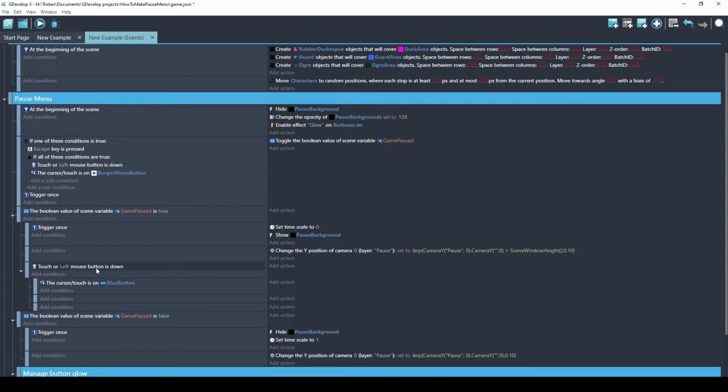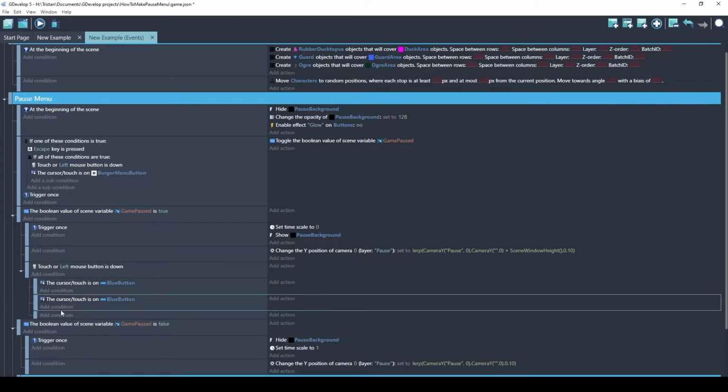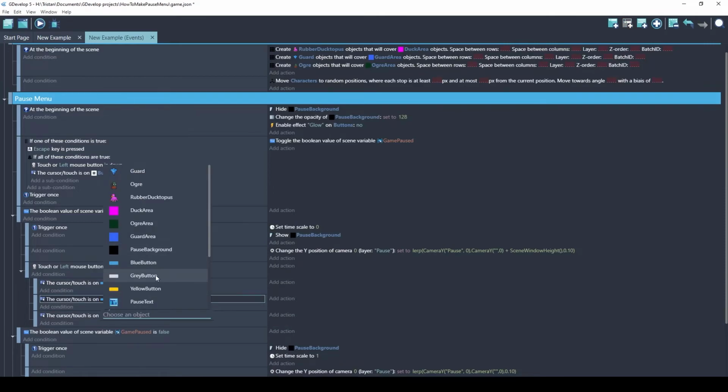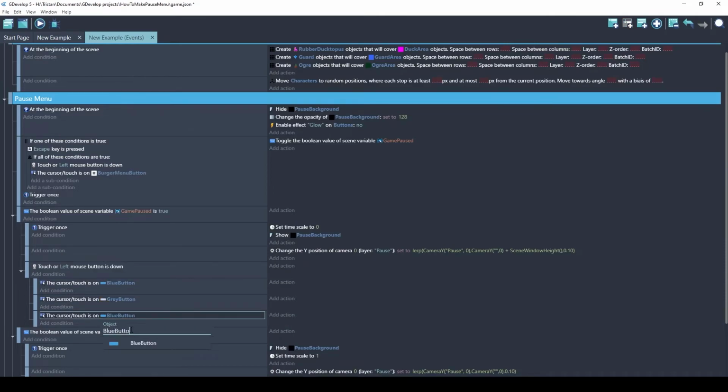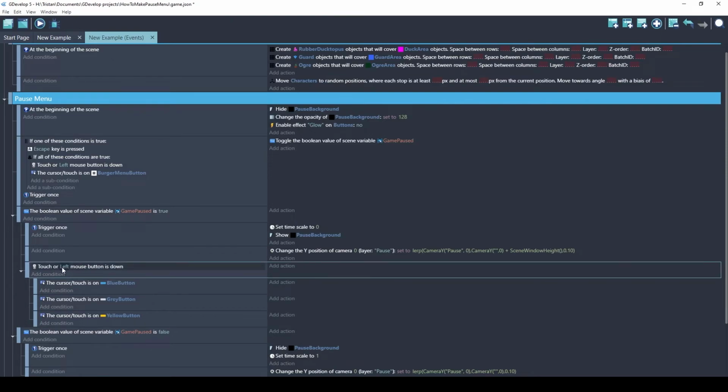So we're going to check if the mouse left button is down, and that'll be shared for all of these. So I'm just going to copy these. So we have the blue button, the gray button, and the yellow button. Okay, so when the game is paused and someone's clicked on the left button,